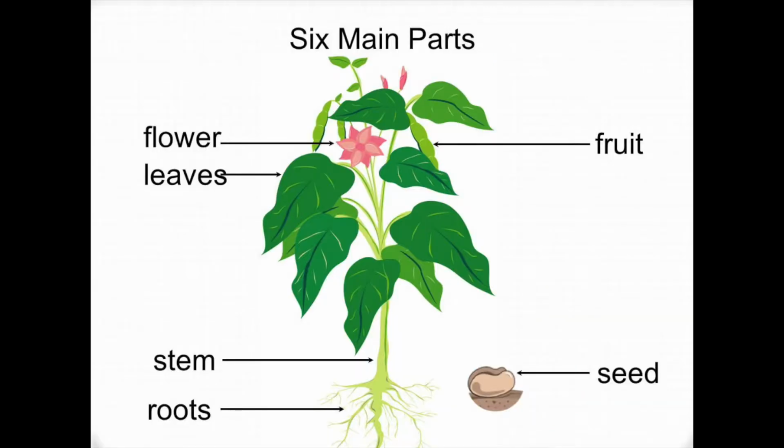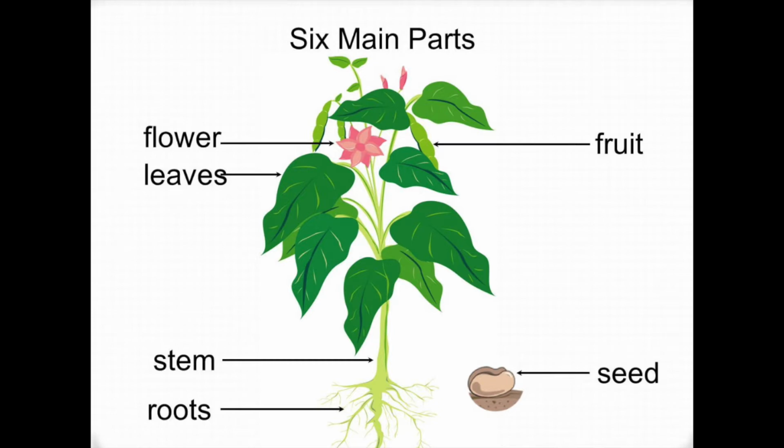So as an overview, there are 6 main parts of the plant. There's the seed, where the baby plant is stored and begins its life, the roots, who absorb nutrients and water from the soil, the stem, who sprouts upward and carries the nutrients and water from the soil to the rest of the plant, the leaves, who come out of the stem and absorb sunlight to make food for the plant